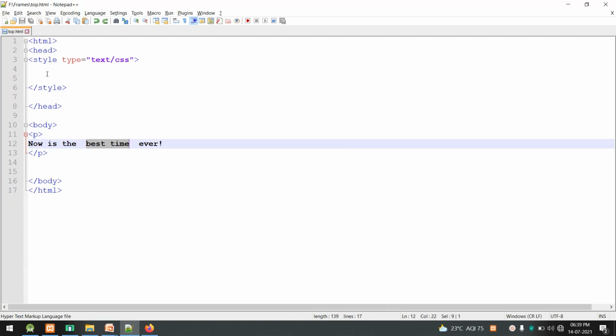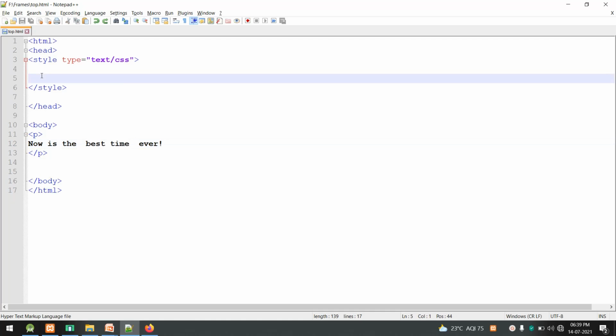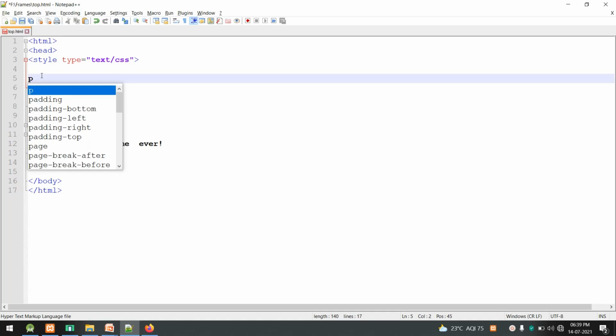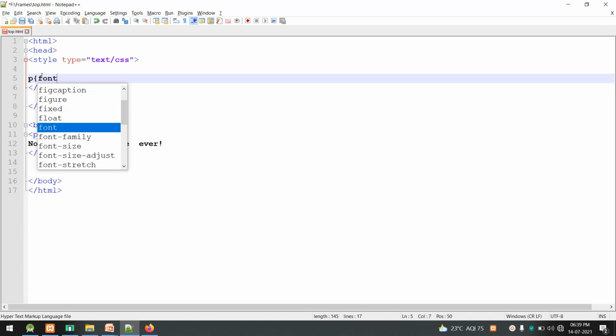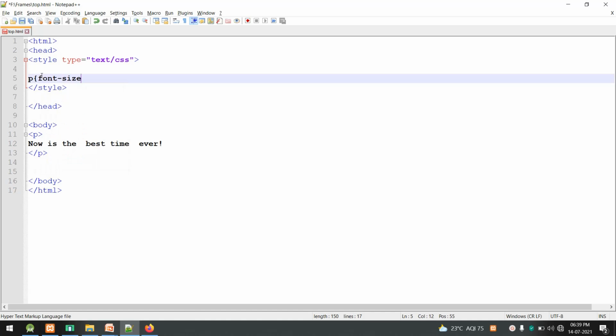The answer is no. If I try to apply it, say for the paragraph, font-size: 30 points, and I save and refresh, you can see the font size has been applied to the complete content of the paragraph tag and not to part of it.